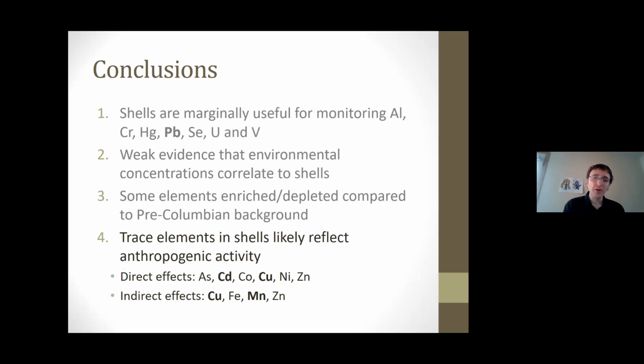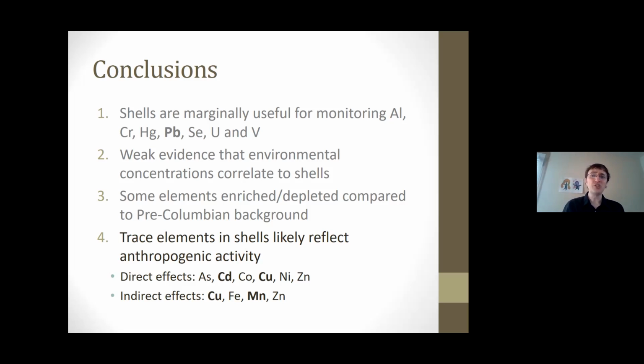So I'm trying to figure out how to explain what I see. I've got some ideas. For instance, for some elements I can pretty clearly point to direct human effects, as in human contamination, that can explain some of the results. For cadmium, I think that there's regional pollution up in the upper watershed, but that does not impact the main river. And for copper, it's pretty clear that at every place you go, copper has been enriched and it changed over the 20th century and increased.